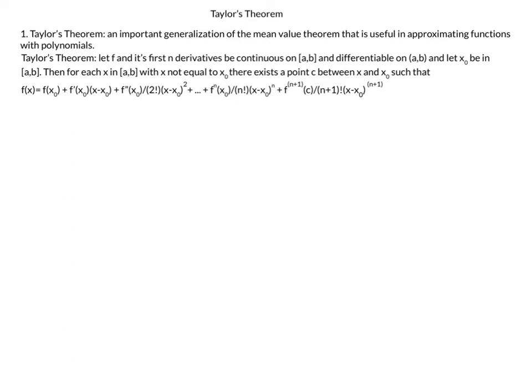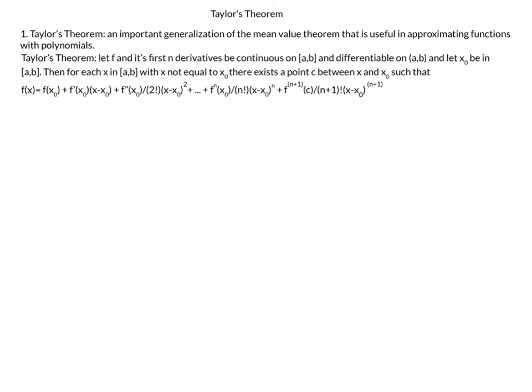The first thing we should do is look at Taylor's theorem itself. Let a function f and its first n derivatives be continuous on the closed interval [a, b] and differentiable on the open interval (a, b), and let x naught be in the interval (a, b). Then for each x in [a, b] with x not equal to x naught, there exists a point c between x and x naught such that f of x is equal to f evaluated at x naught plus f prime evaluated